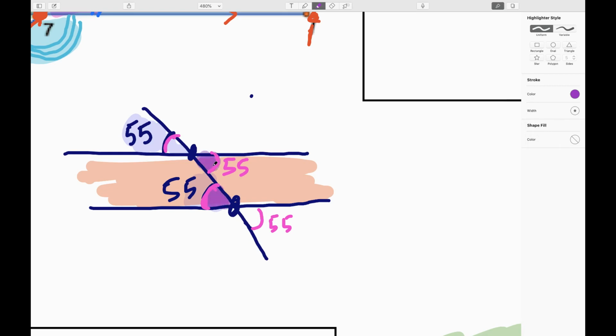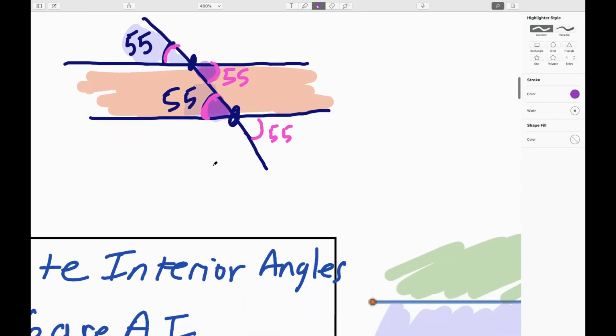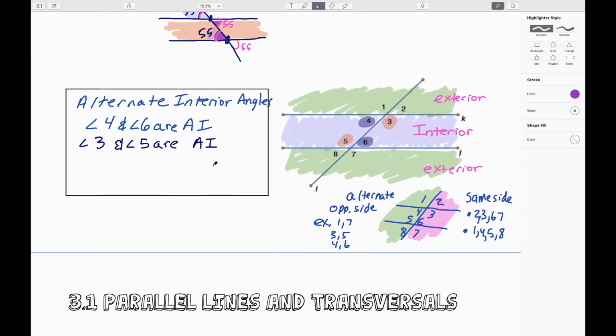And what do we notice about those values? They're both the same. They're both 55. When they're alternate interior, they are the same. They are congruent. So we can say then, relationship-wise, alternate interior angles